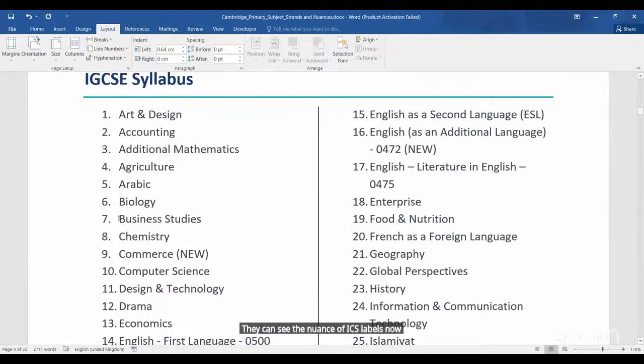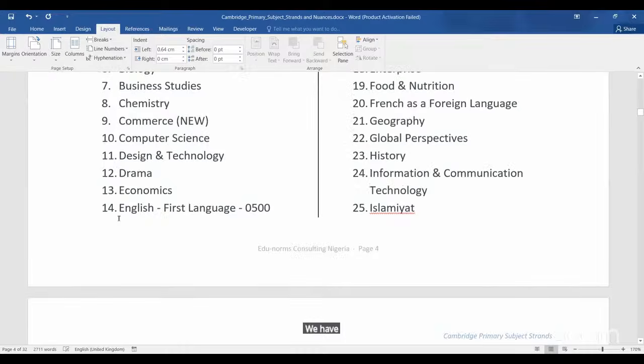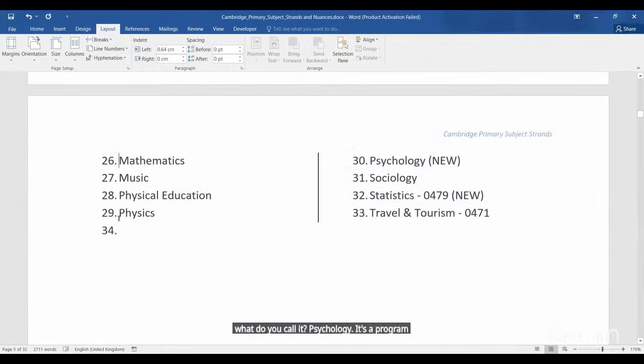Look at those subjects. Enterprise, that we will not hear of until you get to university level, is already here at 18. Then we have, what do you call it? Psychology. It's a program in the university. Students with sociology, travel and tourism, they are already here at secondary school level